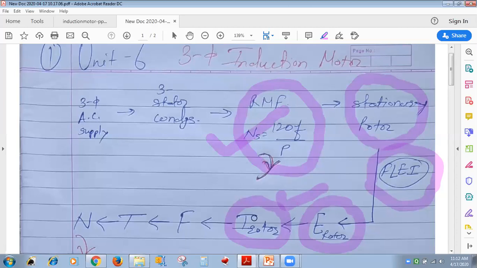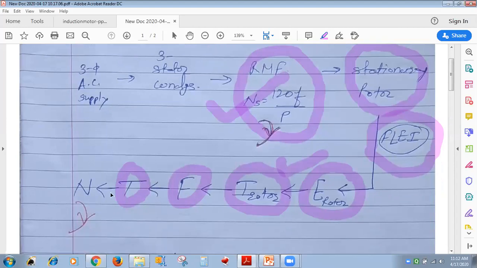Whenever you put a current carrying conductor in a magnetic field, same as in a DC motor, what occurs? What does it produce? Force acts on each and every conductor, force into radius gives torque, and the windings are so designed that because of the torque the rotor will rotate in one particular direction. Now tell me, this rotor is rotating, so can we say electrical input is converting into mechanical output?